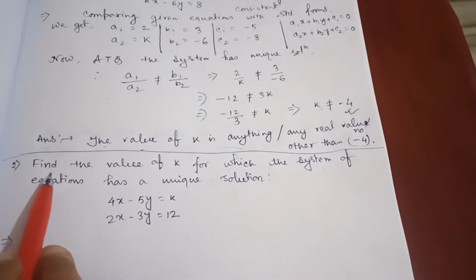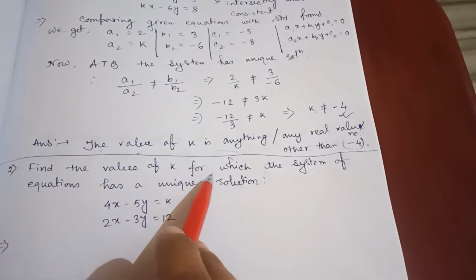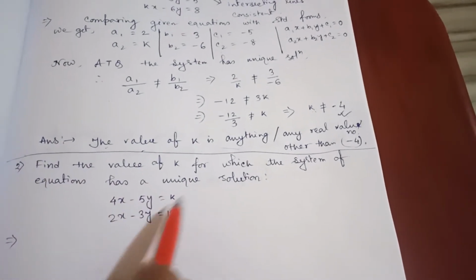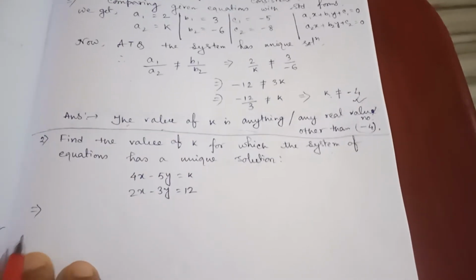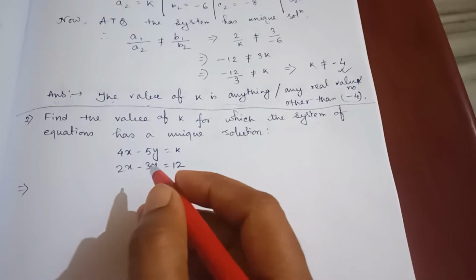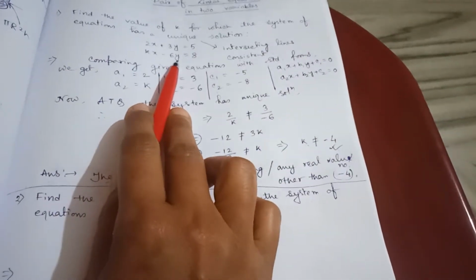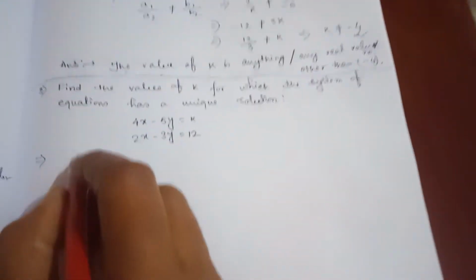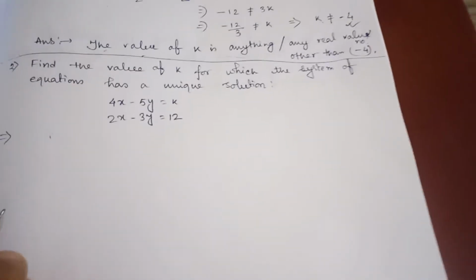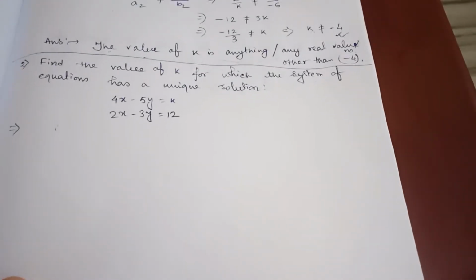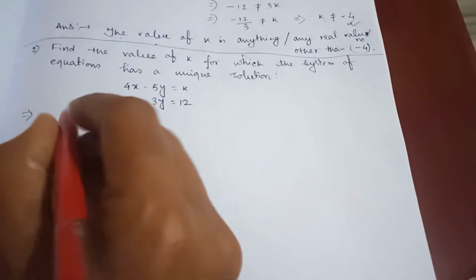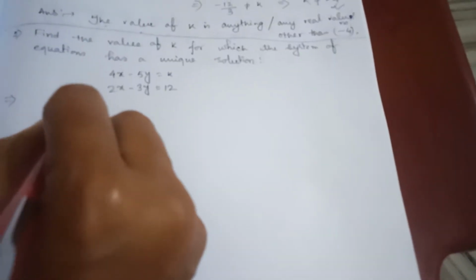Our next question is, find the value of k for which the system of equations has a unique solution. Again, but there is a difference. That's why I have chosen this question. Maybe the outlook of the question is quite the same as question number 1, but actually not. So look at this question. This is a different type again. Look, I'm not writing everything here, because if I write everything, then the video will be much more lengthy. So I'm directly writing A1 by A2